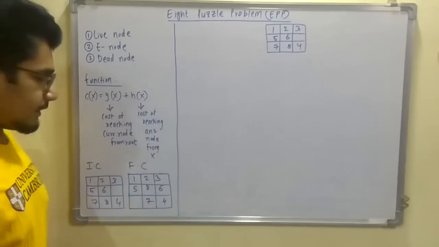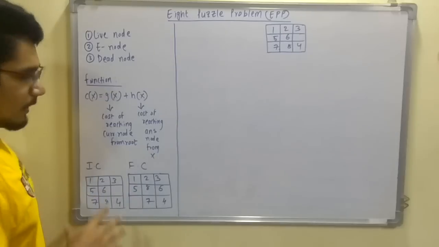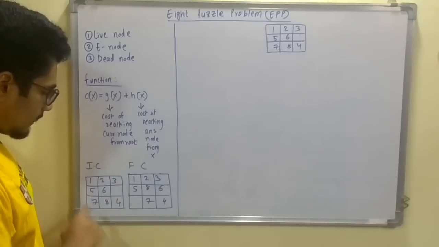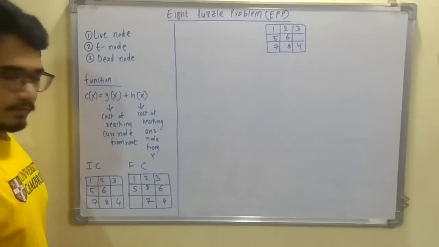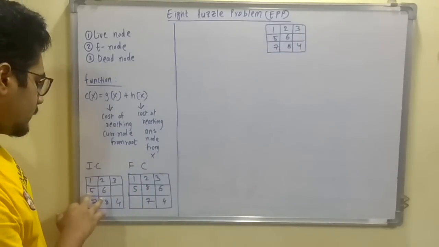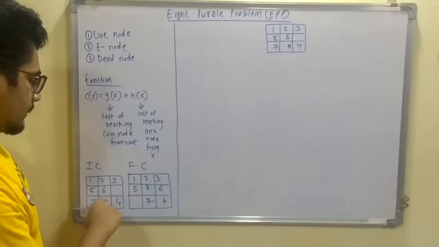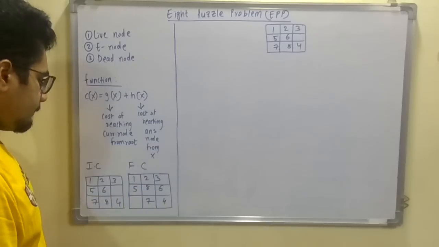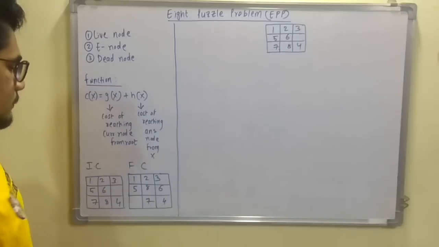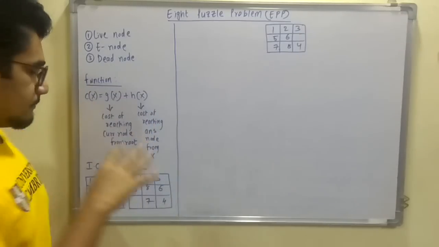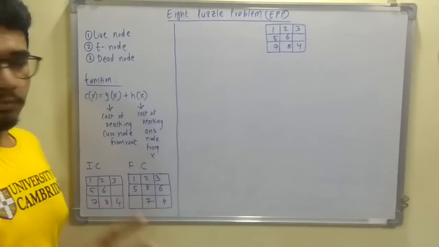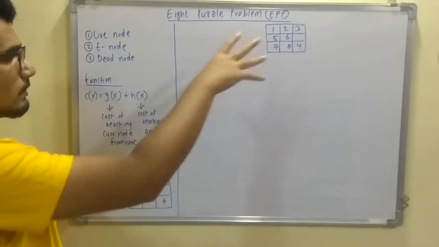So we have these two configurations here: this is the initial configuration and this is the final configuration. In the initial setup you have 1, 2, 3, then 5, 6 and one blank tile, then 7 and 4 at the base level. In the final configuration you have 1, 2, 3 as it is, and 5 as it is, then 8 here and 6 here, and then 7 and 4 changed. So we have to move the tiles by looking at this final configuration, and our root node will be the initial configuration.